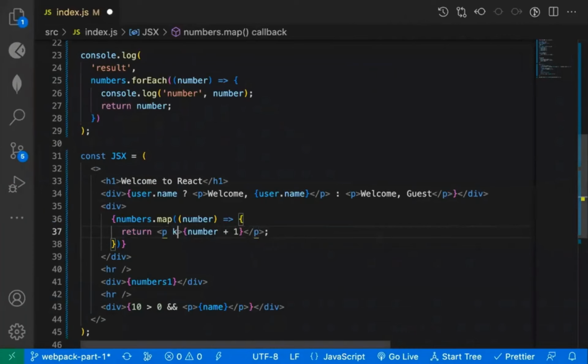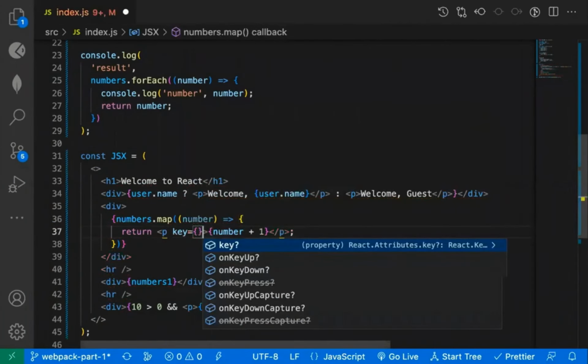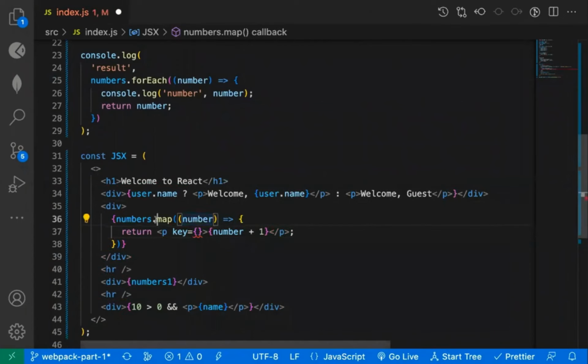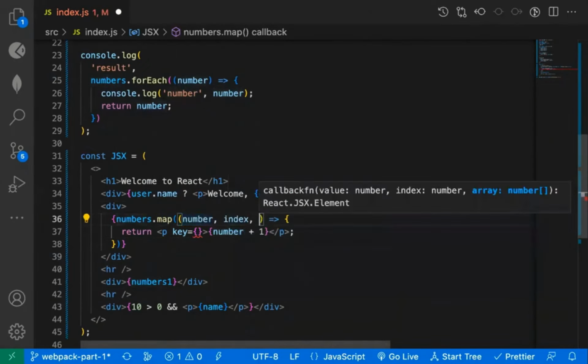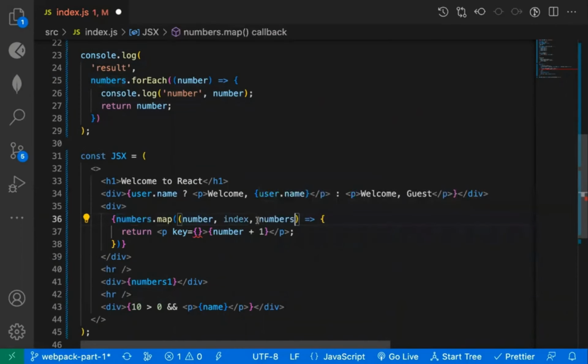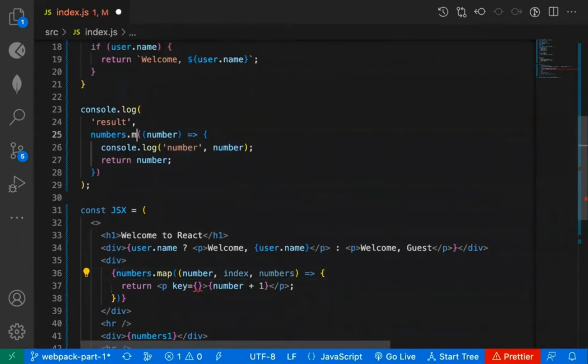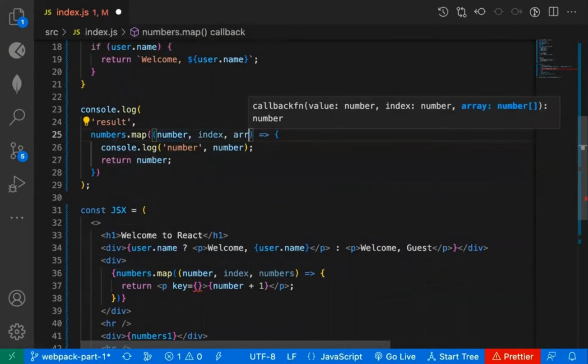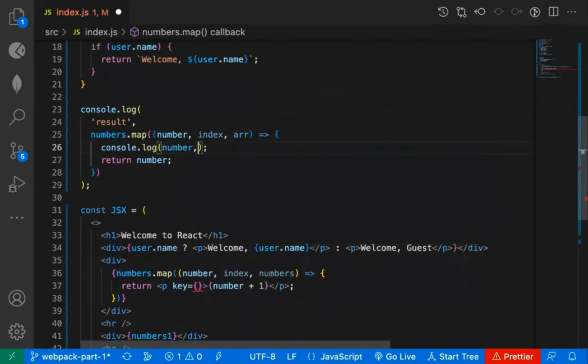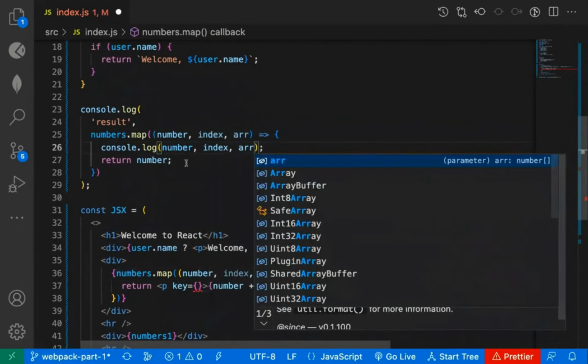So you add a key. Here, an important thing is you should not use index. The map method has some parameters which automatically get passed. First is the actual value, second is the index, and third is the actual array. So this is the numbers array. So here if I use map, this is number, index, and array. So if I print number, index, array,